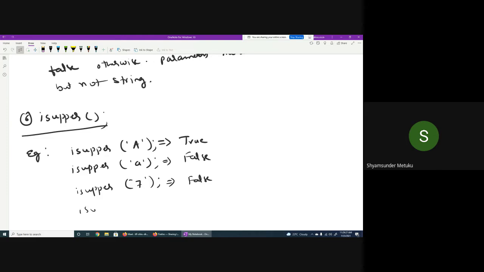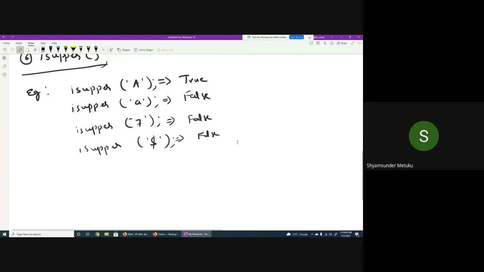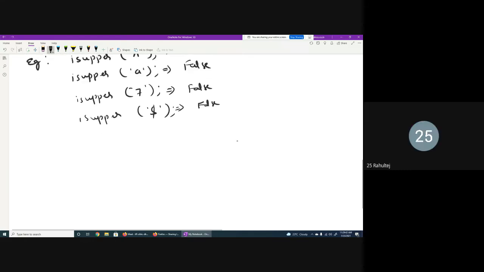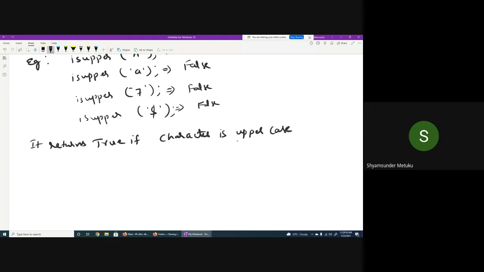Then isupper. False. Only for alphabets can it verify whether it is upper or lower. Yes or no? Yes, sir. So it returns true if the character is an uppercase alphabet and false otherwise.